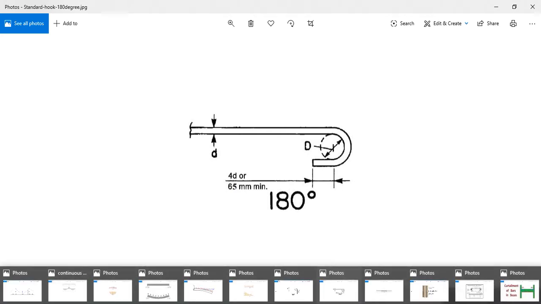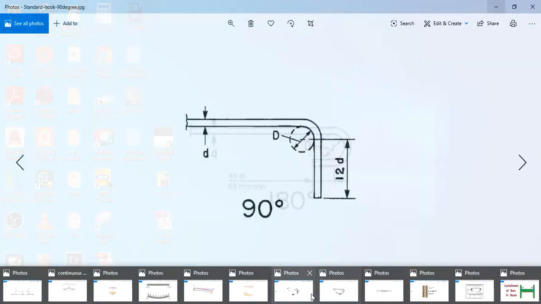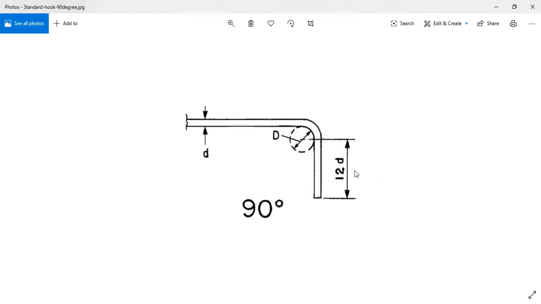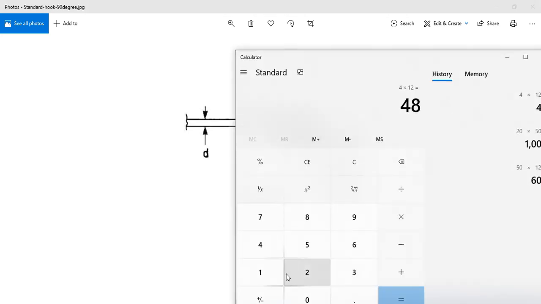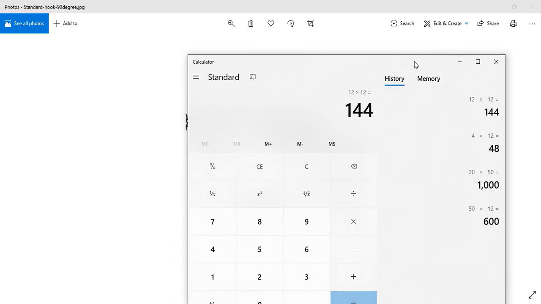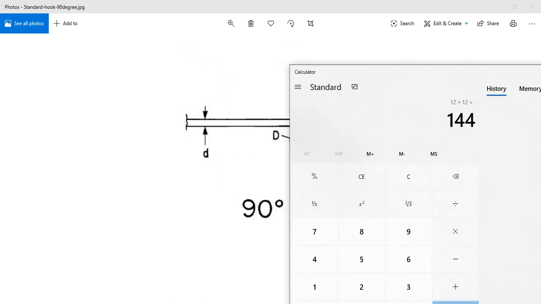But if it's not that, if it's a 90 degree turn, it becomes 12 times D. If we say our D now is 12 diameter, we'll have nothing less than 144 bend. So it is very, very important that we understand that. Okay,